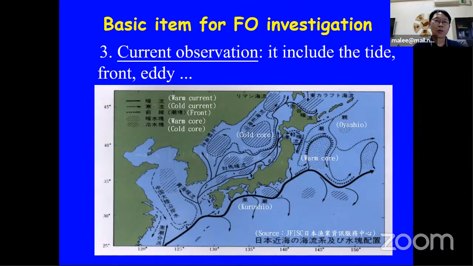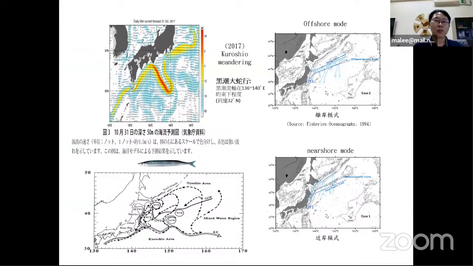So here I also give another example of the current observation. This is a spatial observation for the Kuroshio Large Meander. This meander is not easy to happen. However, in 2017, the Japan Fisheries Information Service Center announced that this meander had happened,